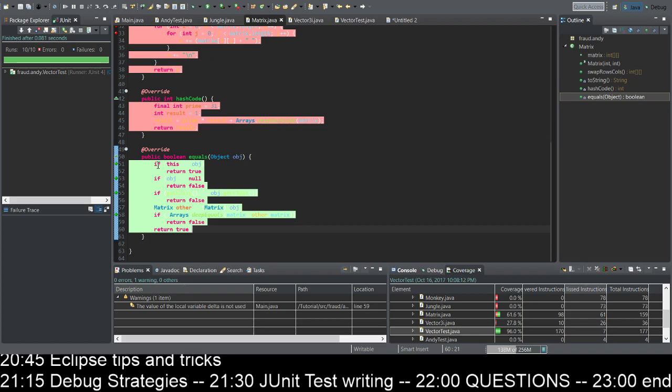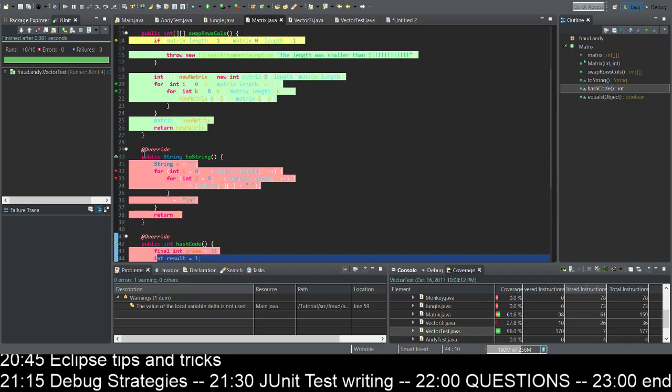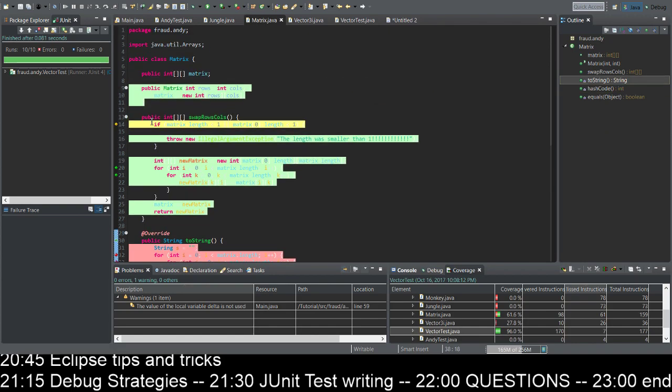That means we went in this if statement, and somewhere we returned true, and somewhere else we just skipped over. Somewhere we had this false, and sometimes we just skipped over it. So now every single branch is done. And that you can do for hashCode as well, and for toString as well, and for this if statement, for example,